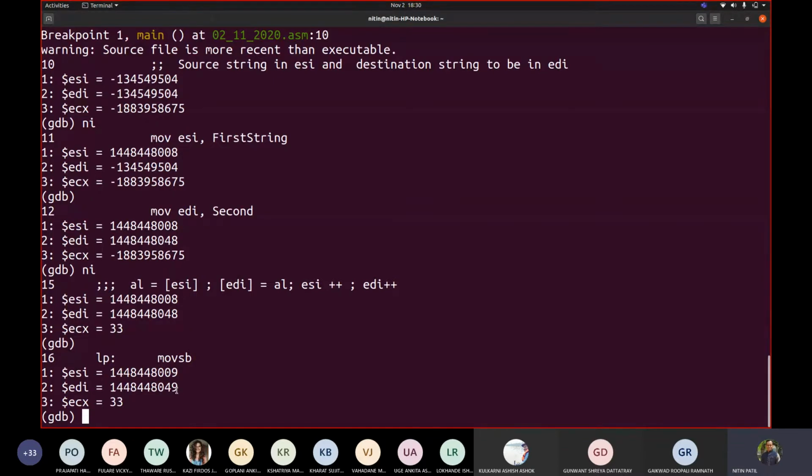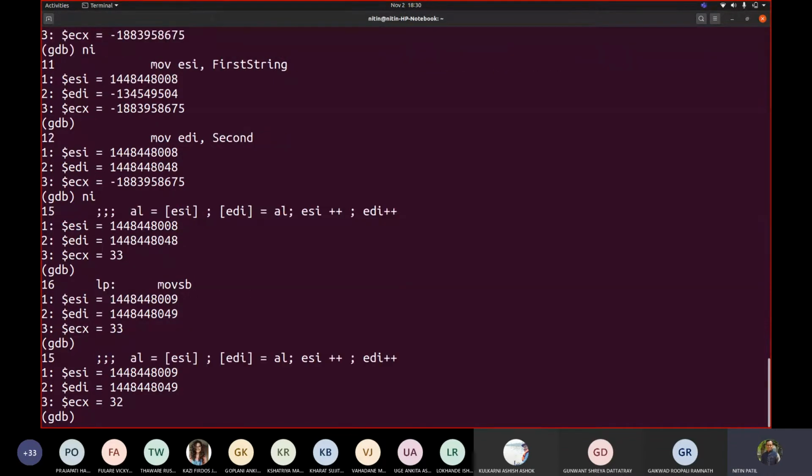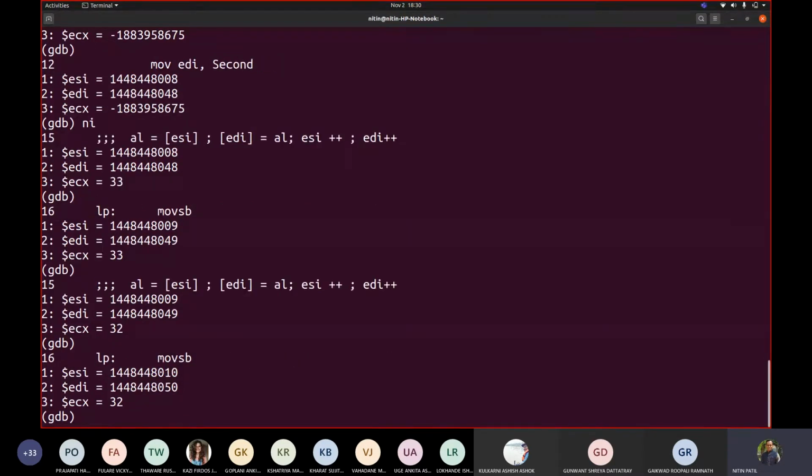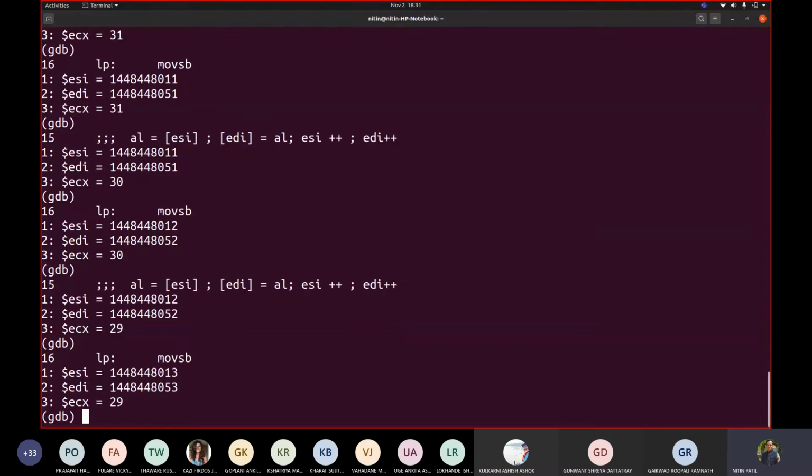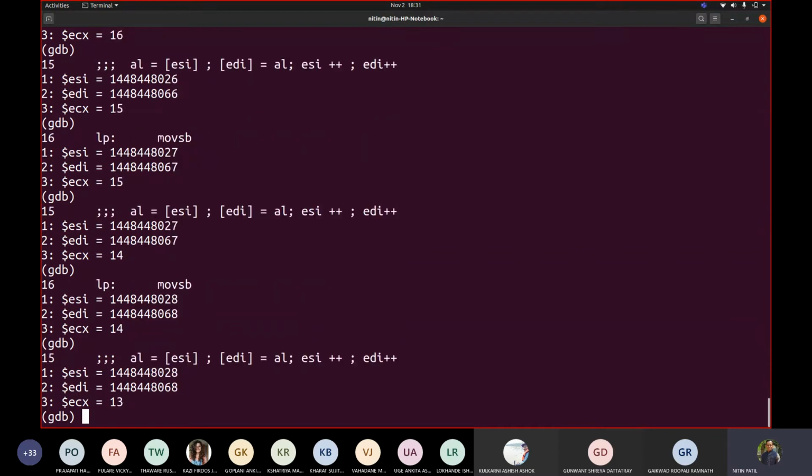And this length, because of the loop instruction, ECX got decremented. Now again see, movsb would be executed. See, 10 and 50. So this was 10, this became 50. So 11 and 51, 12 and 52, then 13 and 53 and so on, until this becomes 0. So it will continue copying the contents from ESI to EDI and it will increment automatically.